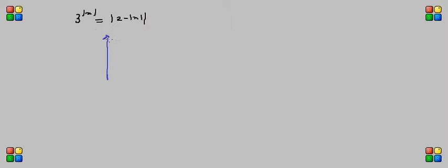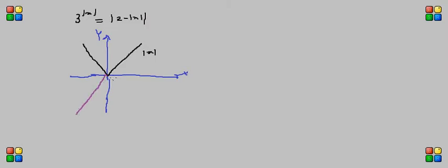So I have this as the y axis. This is my x axis. Now y equal to mod x will be a v-shaped graph which will pass through the origin. This is y equal to mod x. We can get y equal to minus mod x if we invert this graph about the x-axis, something like this. This will be